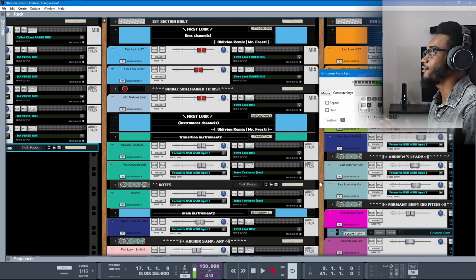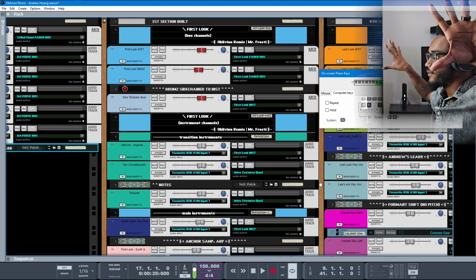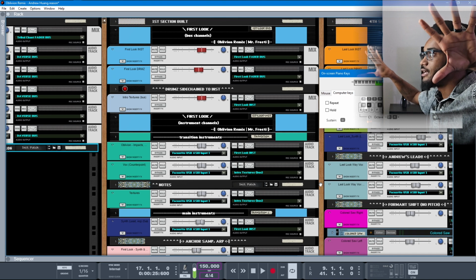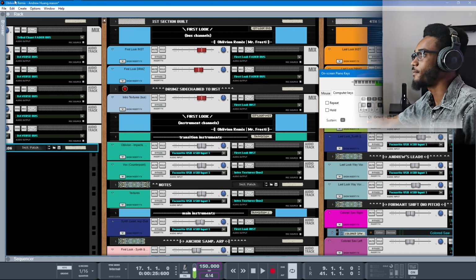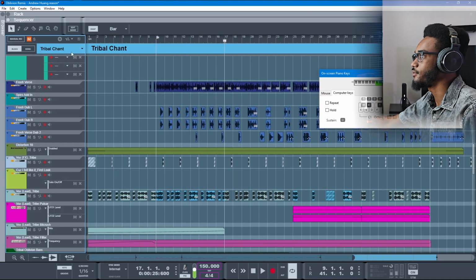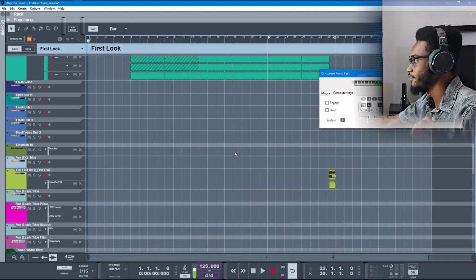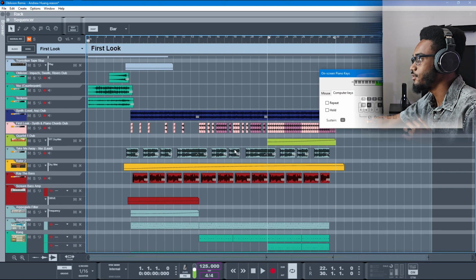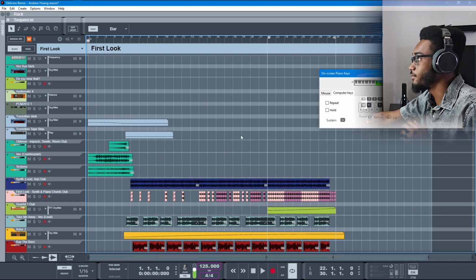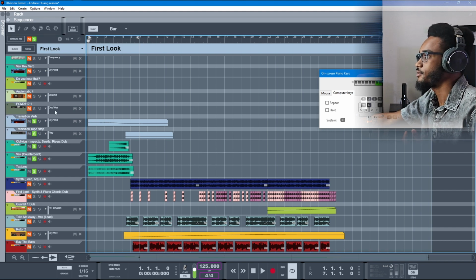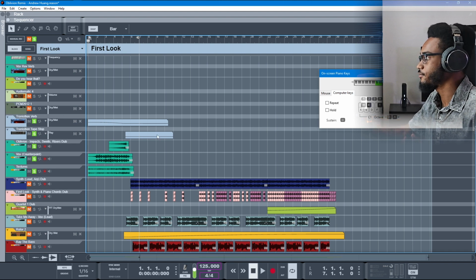Alright, let's talk about First Look. First Look is called the First Look section because this is the first thing that came out of me when I heard the Oblivion song was getting a remix challenge. It's really cute. Let's talk about the stuff in this riser area first, because this actually is probably, in my personal opinion, my favorite part about this.